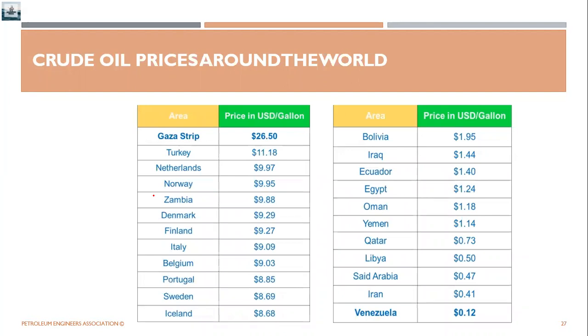Now, accordingly, what you'll also see is, depending upon the reserves of oil and gas, the price of the crude oil will also change, right? So those countries who might be exporting crude oil, in those areas the crude oil might be cheap. As you can see, Venezuela is one of the major producers, exporters. Iran is one, Saudi Arabia is one. Then the North American nations. So in those countries, you have a much cheaper price of crude oil, or let's say the oil and gas products are very much cheap there.